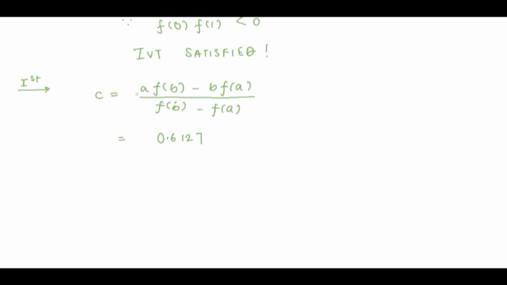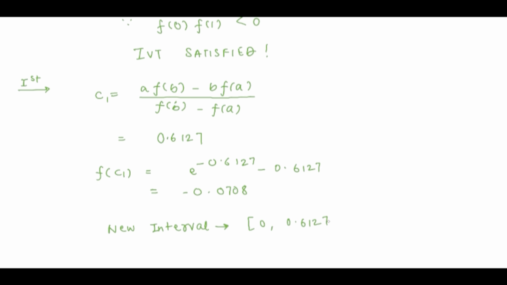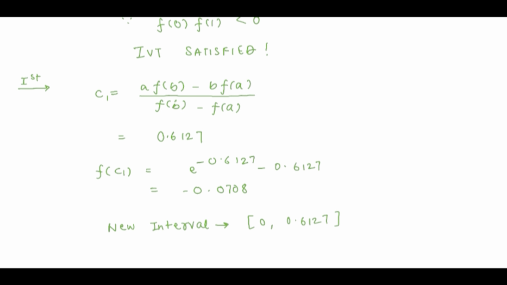And then computing the function value over this point, we get e to the power minus 0.6127 minus 0.6127. And hence we got the value as minus 0.0708. So we need to replace the B value, and the newest interval becomes 0 to